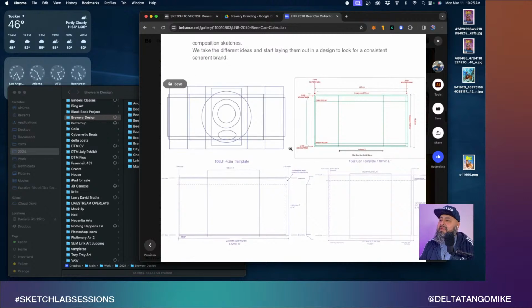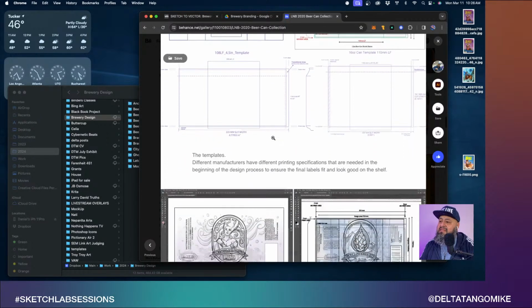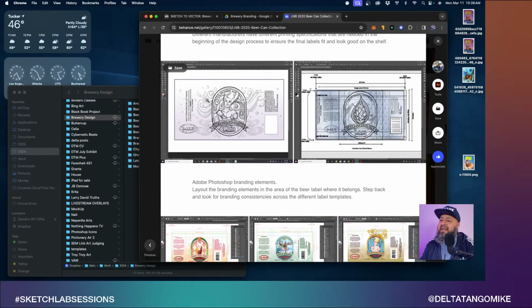And then coming up with figuring out how that's going to fit in the template. And so there's a couple templates here that the brewery companies work with. And then me coming up with how I'm going to map out everything that goes in that brand and that template. And then finally, setting down the designs, the artwork that I was creating, into the template